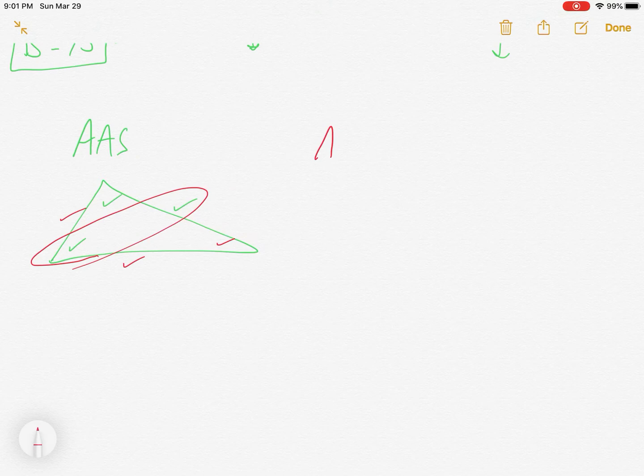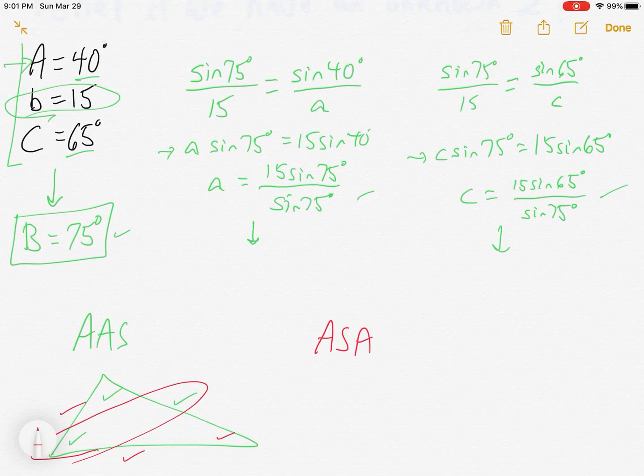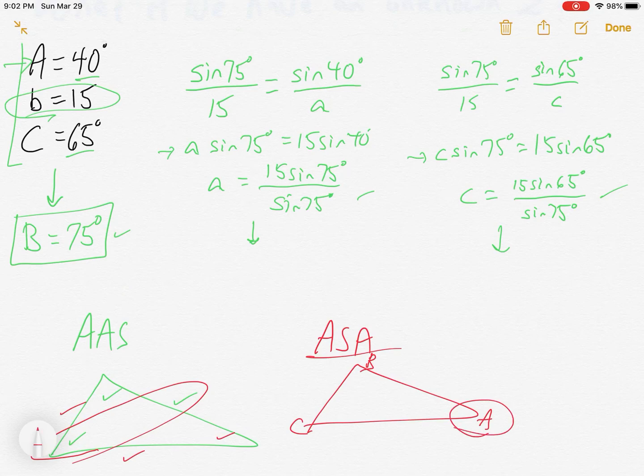And then we just did ASA. I didn't really draw it, but if we had drawn it, I gave you, let's call it angle B, A, and C. So I gave you angle A, side B, and angle C. Well, with that, you quickly get angle B, and you got your known column. So these two cases, AAS, ASA,